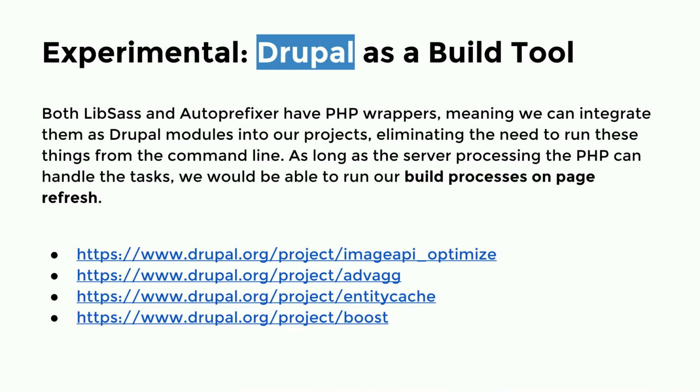Advanced aggregation is one of my pet peeves of Drupal's built-in aggregation, is the fact that it goes into the theme module core compression levels. So you will get 3 JavaScript and CSS files no matter what you do. Advanced aggregation defeats that, which is cool. It finally puts them all into one file, which is all I want to serve. It also has the IE selector limit, so IE 8 or 9 can only do 4,000 something in a file, and so this will know that and spit it out into 2 different files for you into an IE only tag.